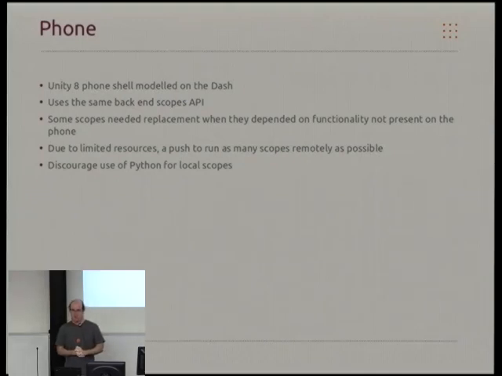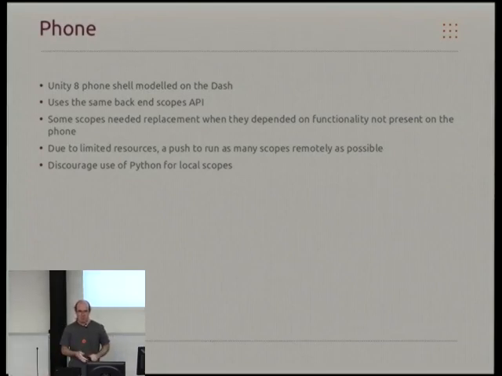The other problem we've been finding on the phone is that we're generally resource constrained. So we've been pushing to get as many scopes as we can to run remotely where possible. This is generally stuff which doesn't need to touch local data or doesn't need credentials. We have some stuff which was running locally, which we're going to try and run remotely, and we're discouraging use of Python for local scopes,